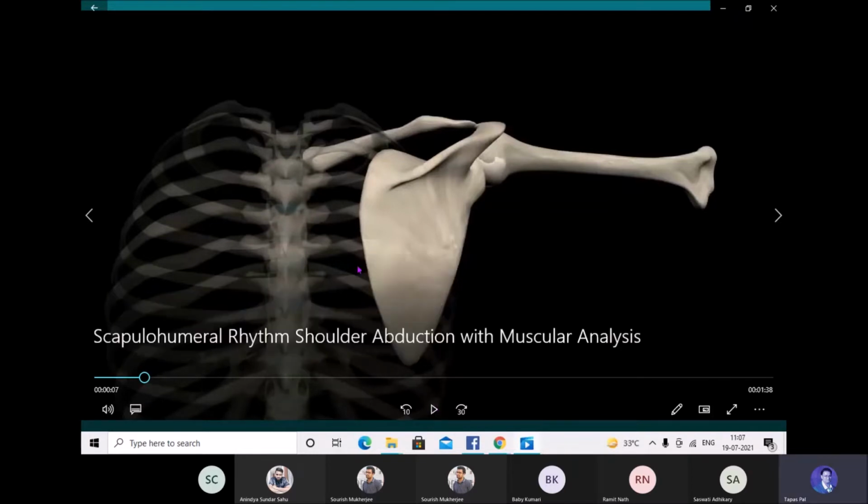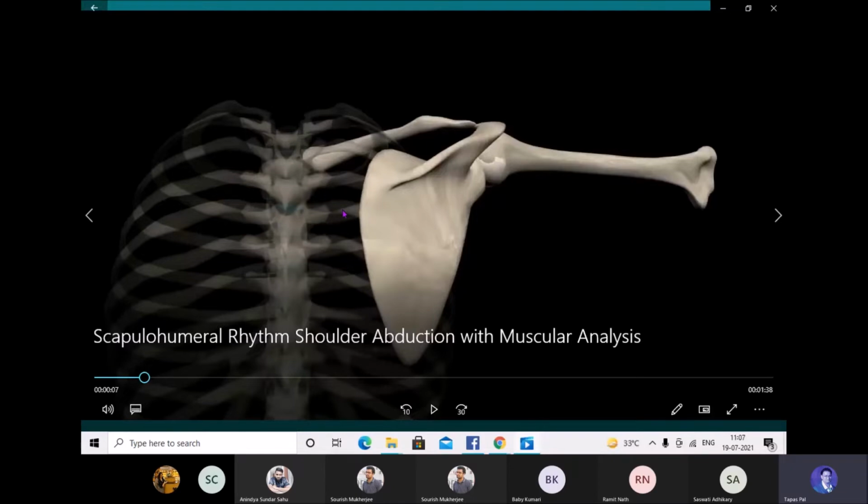Now in this video you can see the posterior aspect of the thoracic cavity, from where we can see the scapula over here, and you can see the humerus. It is in a 90 degrees abduction position. And from the last class we were knowing